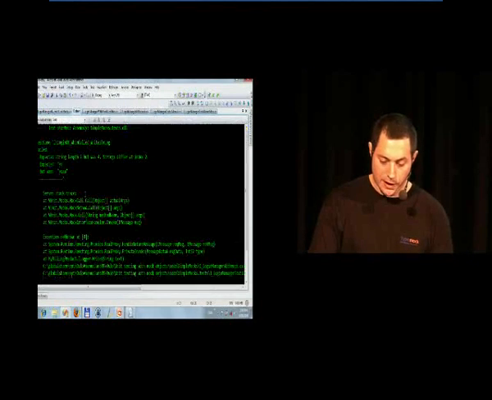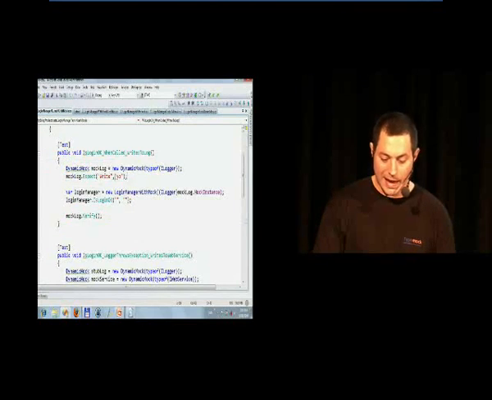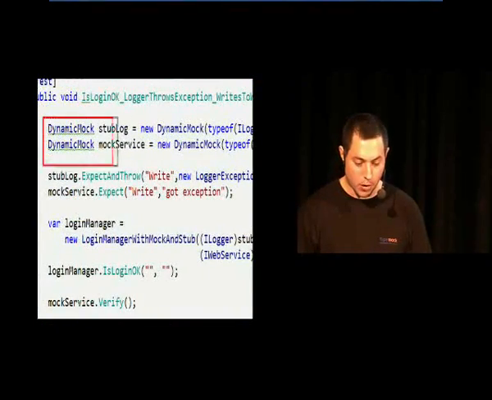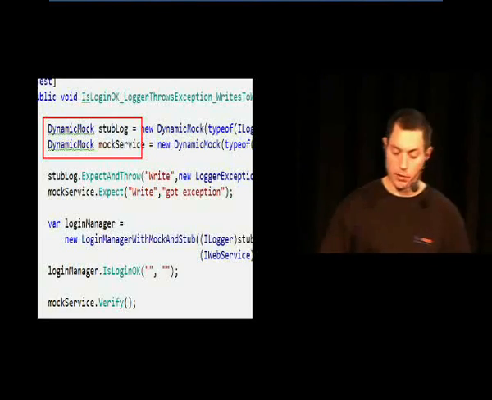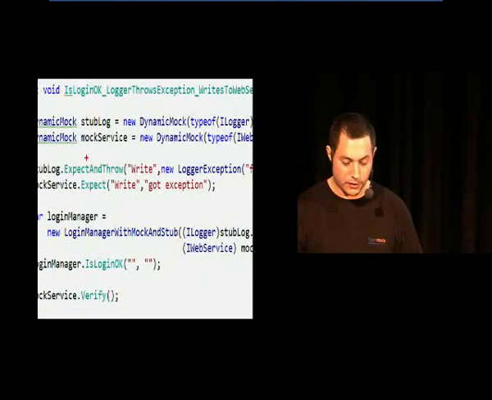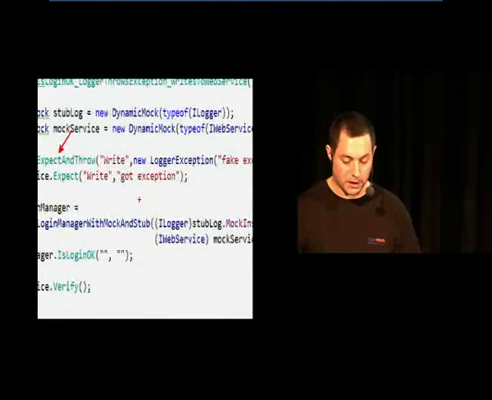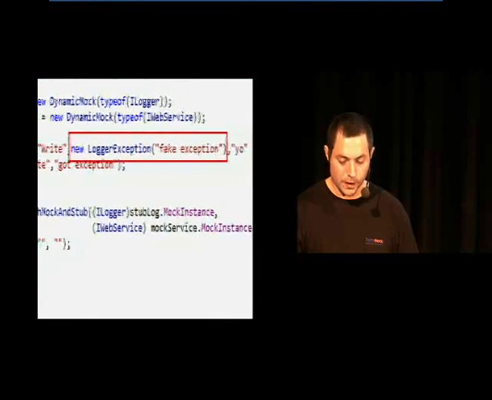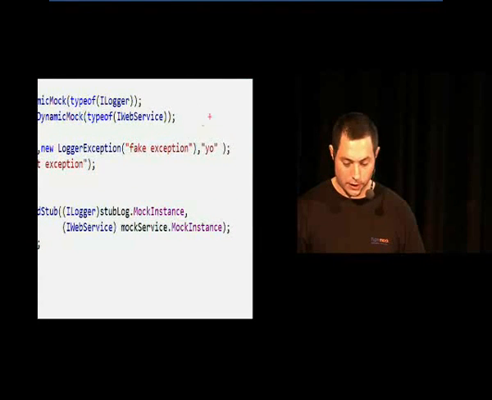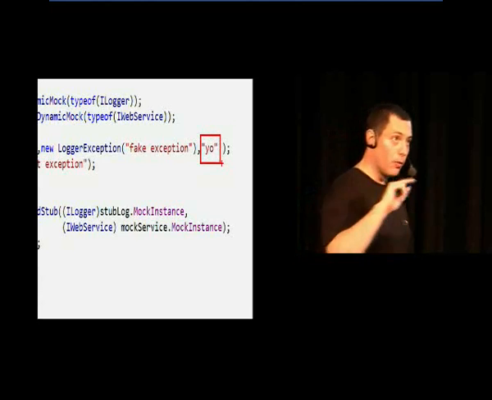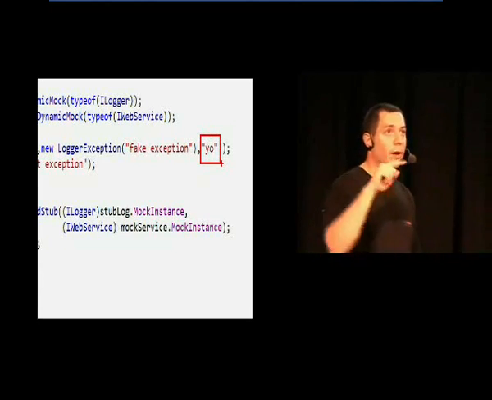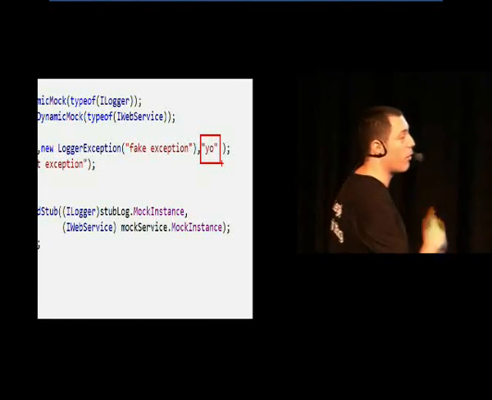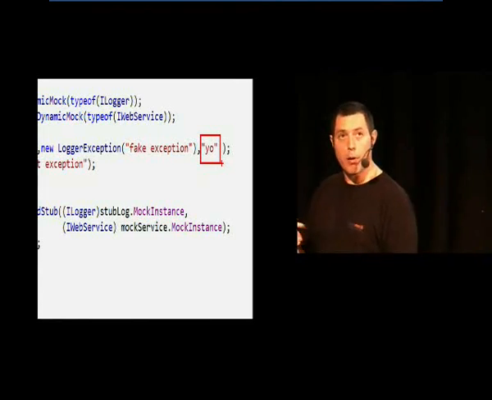Let's see the more elaborate example, where we have a mock and a stub. In this case, I actually create two dynamic mocks. One of them will be a stub, one will be a mock. To the log, I say, okay, expect and throw. Expect a method write and throw this exception. Now here's the catch. If there is a parameter, I have to specify what parameter value has to be passed in for it to throw that exception. It will not throw on any parameter value. It has to throw on that exact parameter value with NUnit mocks,